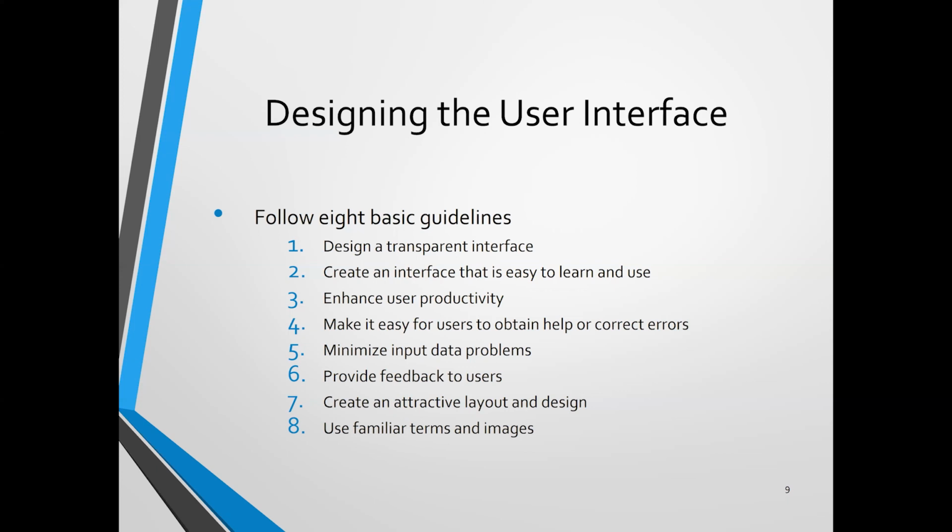The next one, number 6, provide feedback to users. Providing feedback to users means that your system has to tell the user what's going on. For example, some of the feedback might be in terms of an LED light,